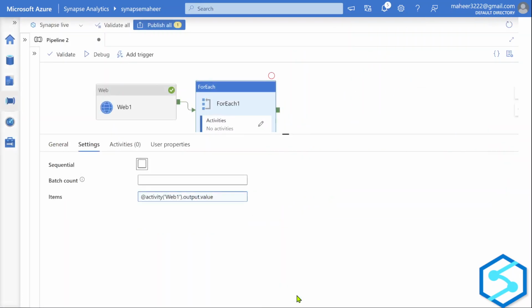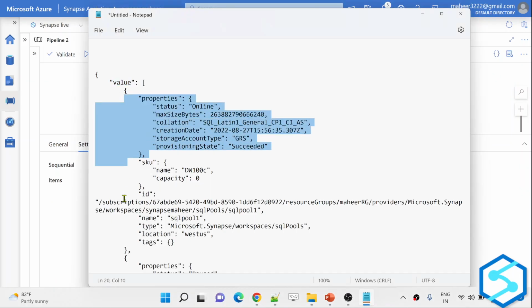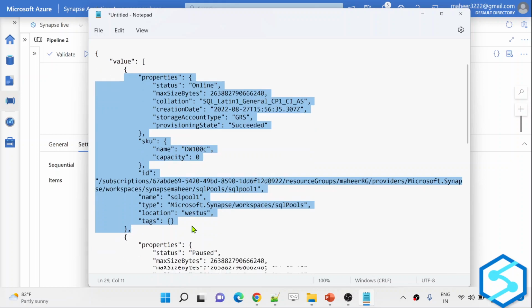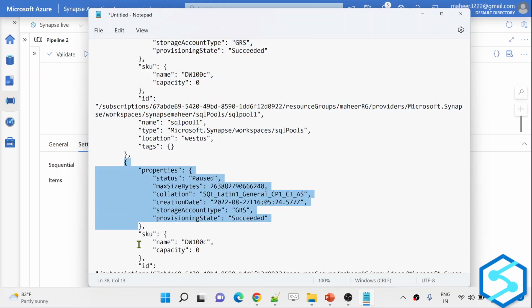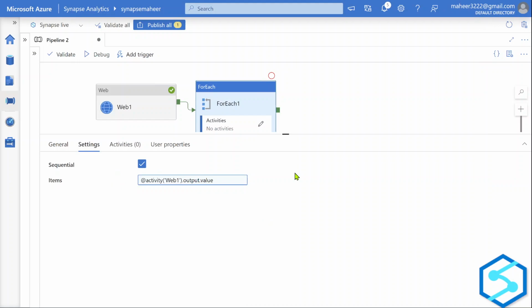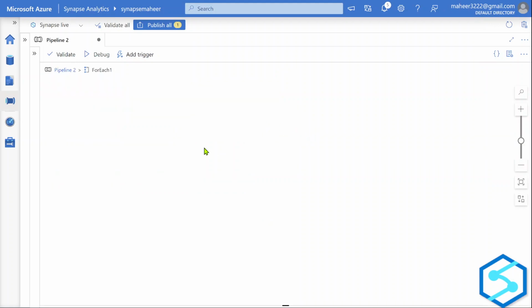Now I am supplying that array to it, and I want to execute the iterations in sequence order. That means in the first iteration it will take the first item and iterate, and in the second iteration it will take the second item and iterate. Okay. So now inside the for each loop, what I have to do is make sure